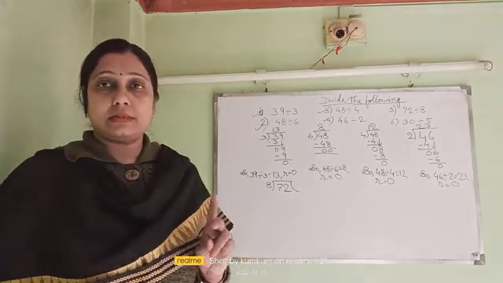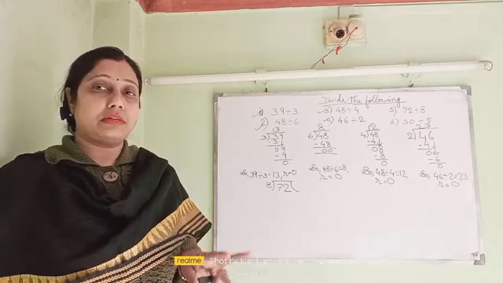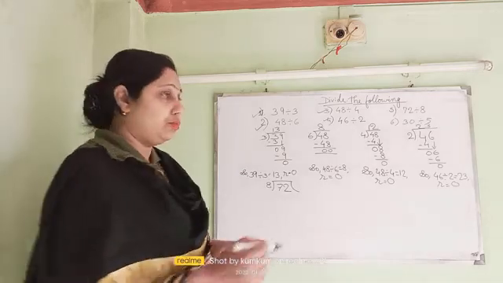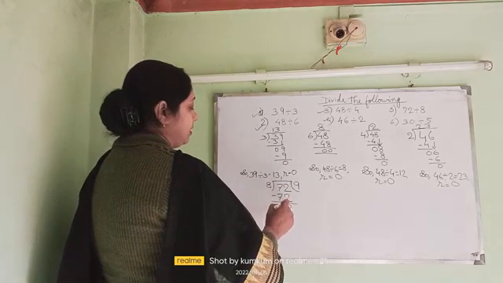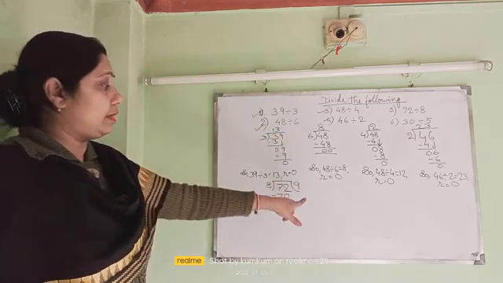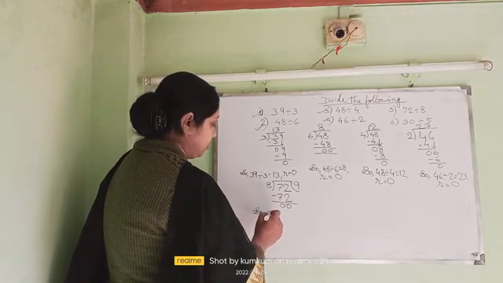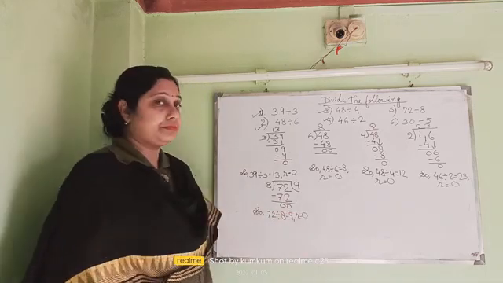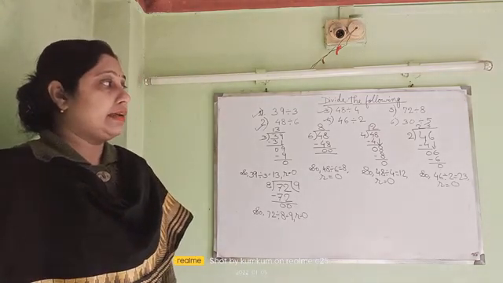8 1s are 8, 8 2s are 16, 8 3s are 24, 8 4s are 32, 8 5s are 40, 8 6s are 48, 8 7s are 56, 8 8s are 64, 8 9s are 72. So I am going to write here 9 and 72. Here, as because I have done like this curve, so I am writing the answer this side. You may write like this also, you may follow this pattern also. Whichever you like, you may follow. So you will write down, so 72 divided by 8 equal to 9, r equal to 0. Clear, children?